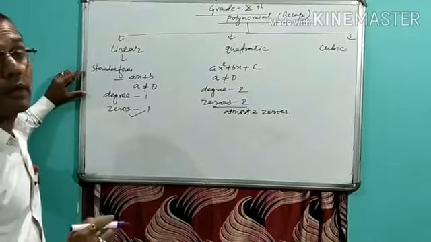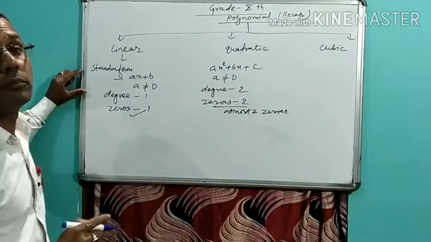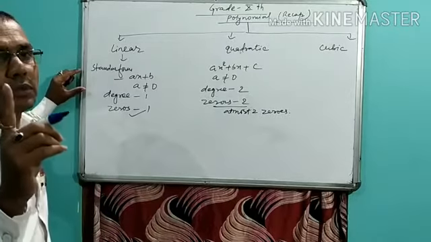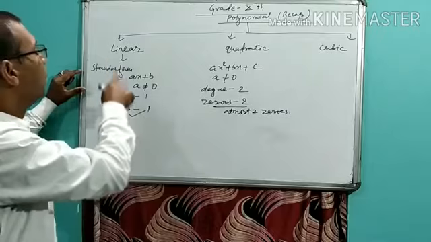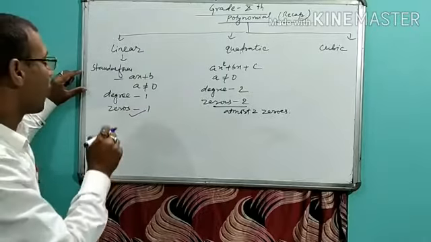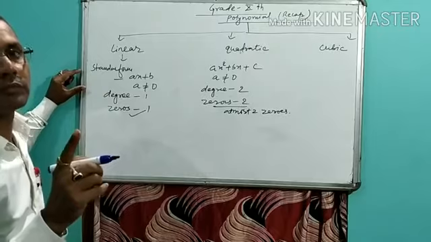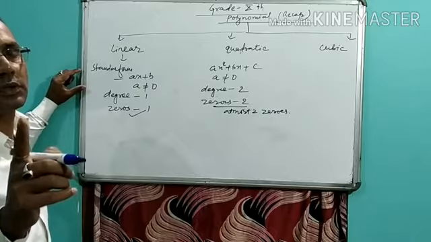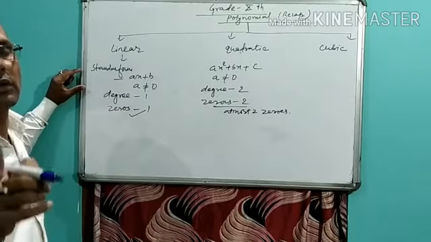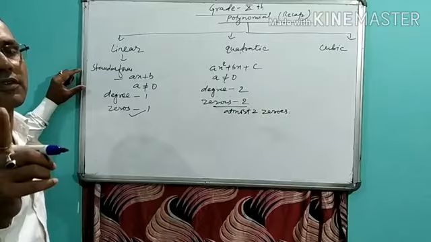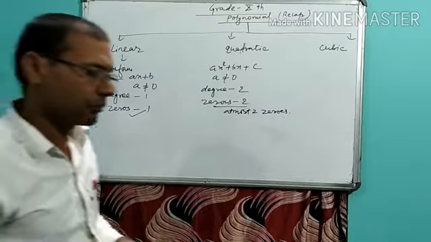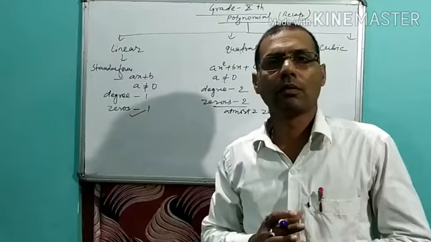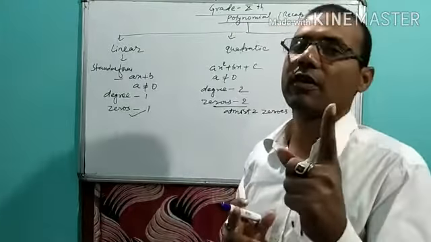My dear, I have taught you about the representation of the graph of a linear polynomial. The graph of a linear polynomial will always be a straight line graph, and it cuts the x-axis at a single point. Okay,